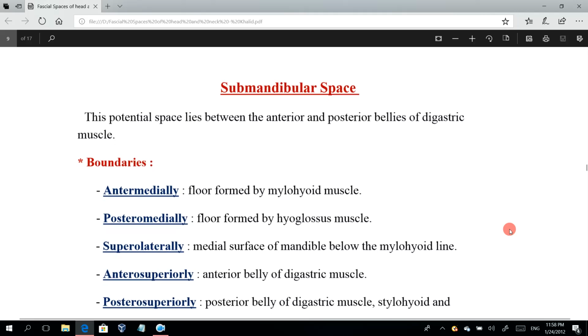Submandibular space, the second space, the submandibular space. This potential space lies between the anterior and posterior bellies of the digastric muscle. The boundaries of this submandibular space include